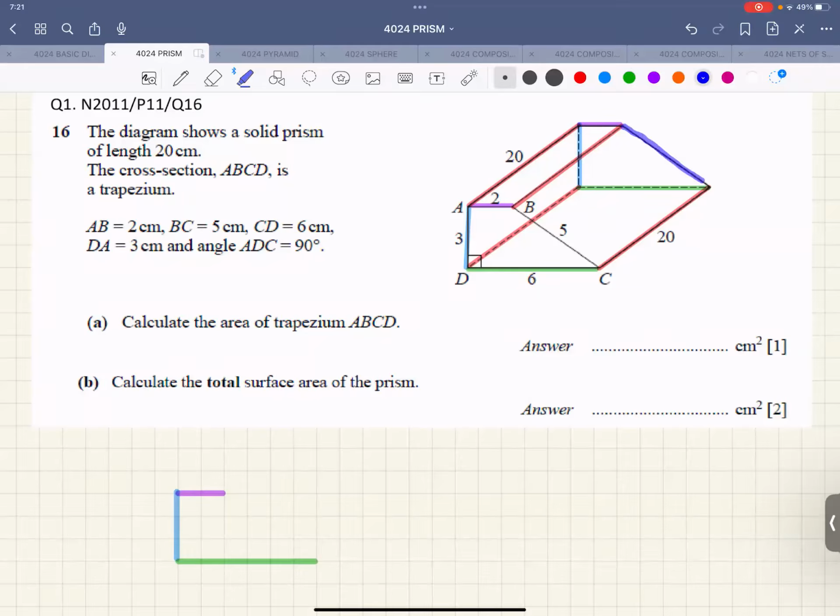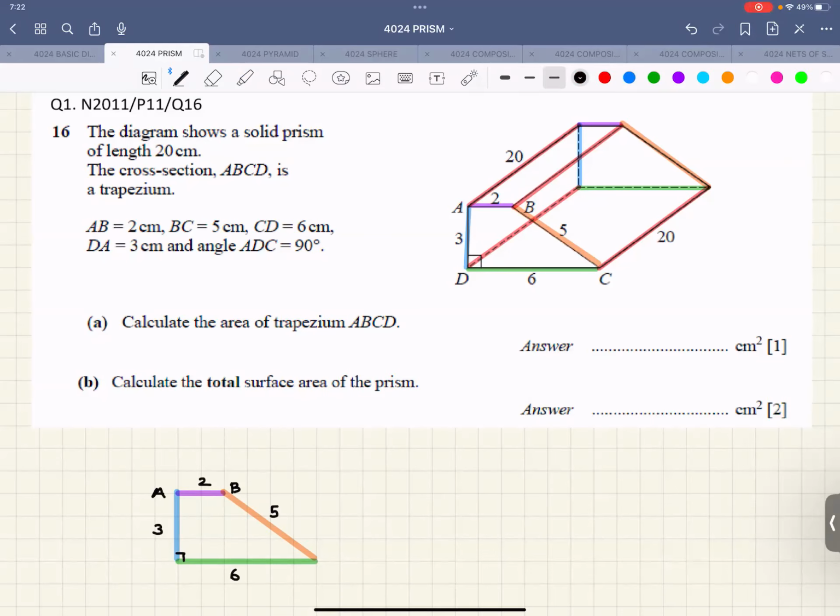So let me choose orangish. This is the orange color over here, and this is the orange color over here. So therefore, let me draw it like this. Now, let me label the values. This is A. This is B, this is 2, this is 5, this is 3, and this is 6, and